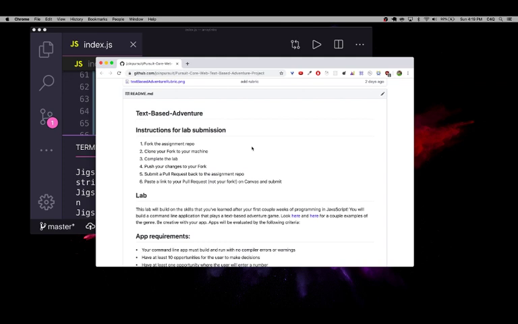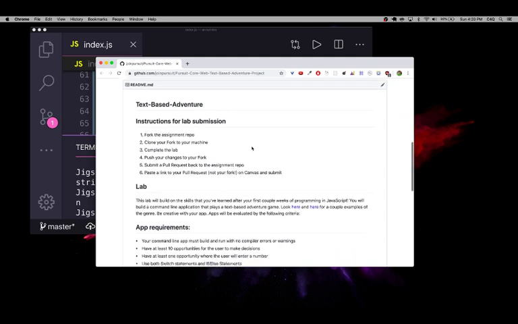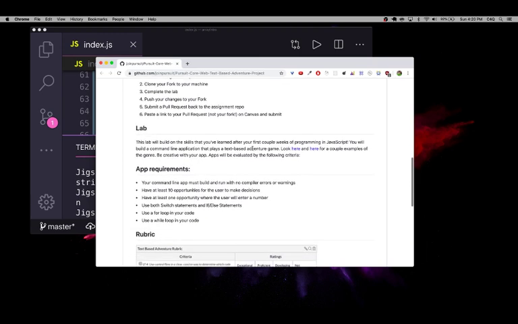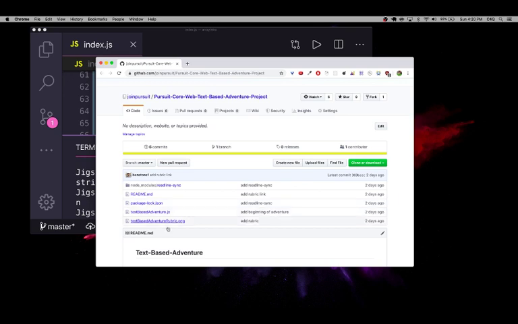The forking and all that works as per usual, and then there's some requirements. So what could this be? I mean, it can be anything. You're probably going to need a lot of if-else statements, essentially, and switch statements. And when you download it, you'll see